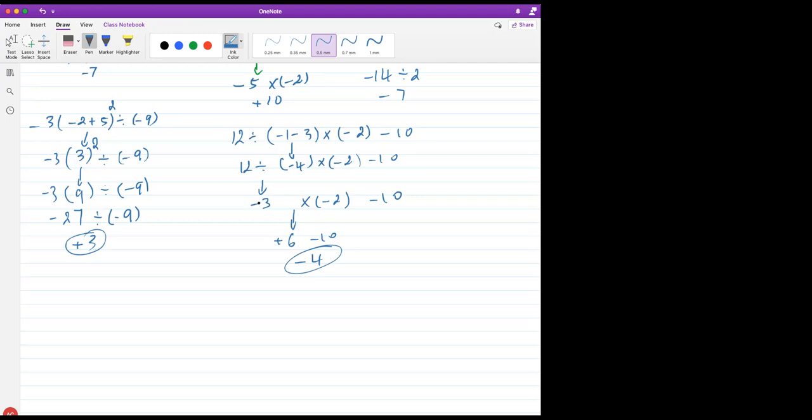Now we have a multiplication between a negative and a negative. Right, it's a positive. Times 2, that's 6. Bring down this. Finally, this is a subtraction. There's no multiplication, it's just subtraction. You've got to pick the sign of the higher number,